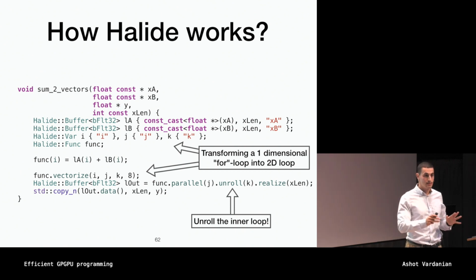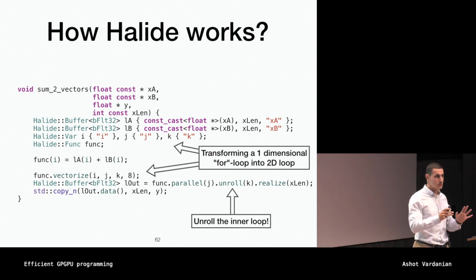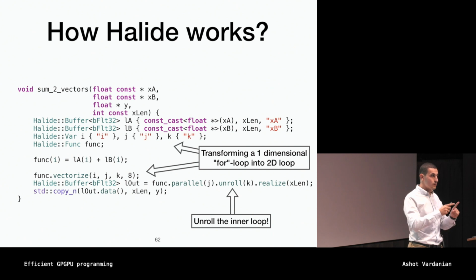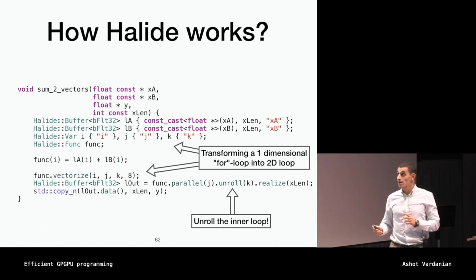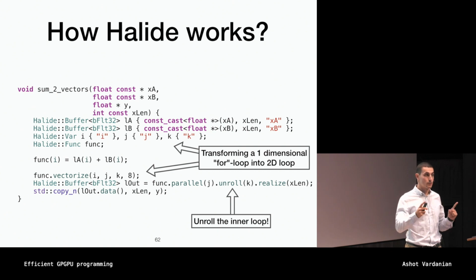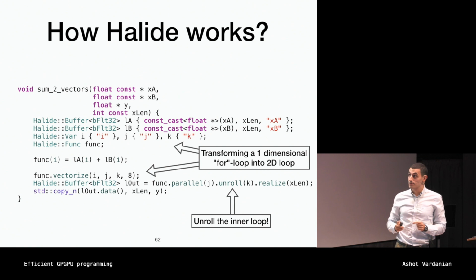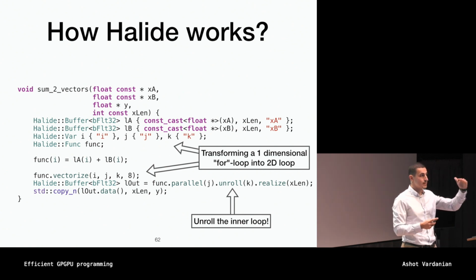But the beauty of Halide is not even in that. It's actually in the variable splitting. Previously, we had just one variable I, over which we iterated in our original data set. We can transform our one-dimensional for loop into a nested two-dimensional for loop. Basically, we can transform a for loop over I into two nested for loops, one over j and one